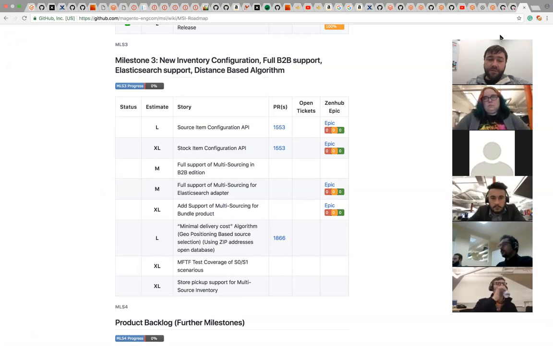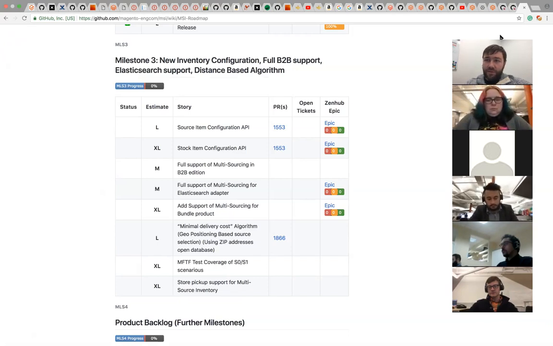And actually this means that we provide bundle product support just for the default stock, the mode which we call single stock mode, and all the merchants who have bundle products can keep the bundle products on the default source and default stock, or provide their own way of handling bundle products, for example, as